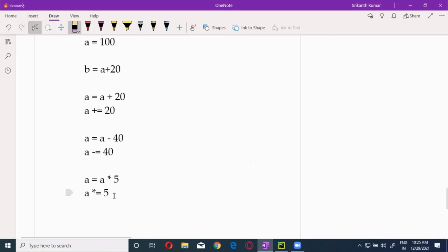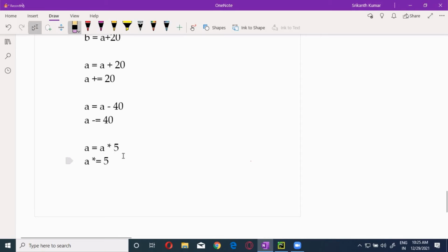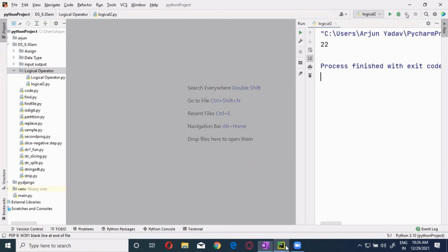Now, it's not always that you are the one who is going to write the code. Sometimes you have to read the code also. Whenever I say enhancement, the built-in code will be there. You should be able to read that and do the work accordingly. Now you have a doubt, right? Will it execute or not?